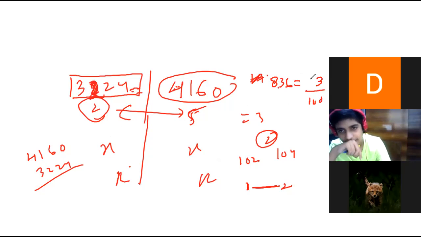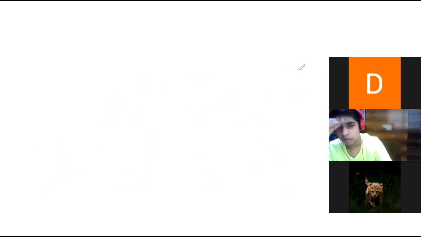Rate of interest, I don't know, I have to calculate. If I get the principal, I get my answer. This was interest for how many years? This was amount for how many years? 2 years. 836 is interest for 3 years. So can you tell me for 1 year how much? 836 divided by 3. So simple.